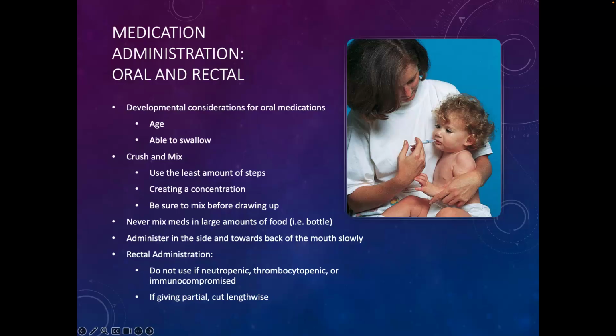So I'm looking at my slide here because I always jump ahead. Rectal administration. I've kind of covered everything oral. So for rectal administration, remember, you do not use it for a neutropenic child who also is thrombocytopenic, meaning they have low platelets, or have some type of immune compromise, or our HEMOC population. We would need to have an order in order to be able to do that, because that can increase their